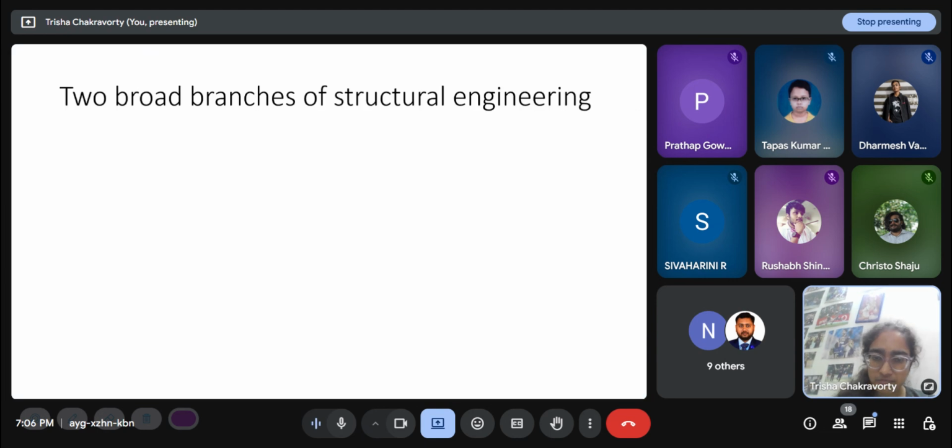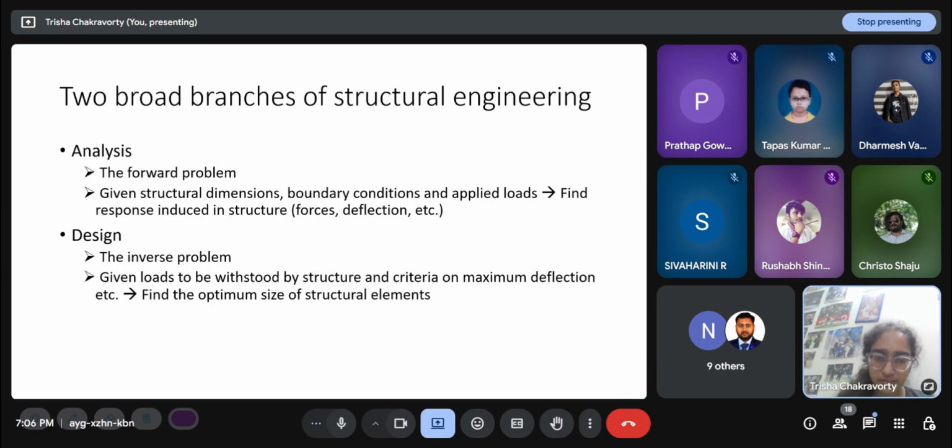But as this is a UG third year course, structural design of steel structures, and analysis is generally a second year course, I think, we are not prepared to design a whole building or a whole bridge right now. So the way it is taught is that first we learn analysis in second year, and then we learn design in third year. And design has two branches, mostly concrete and steel. So generally there is one course for design of RC structures, and this is the design of steel structures. We'll see how the codal provisions, IS 800 2007, I think, was the last revision. IS 800 is the Indian steel design code.